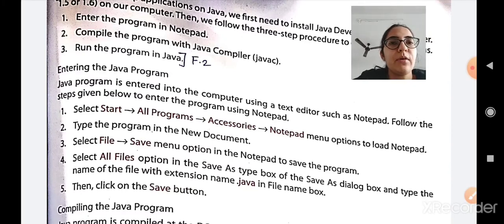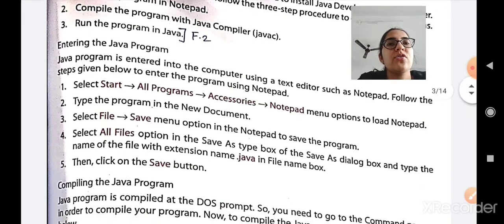After typing the program, select File and Save to save the program. Select the All Files option in the Save as type box of the Save As dialog box and type the name of the file with the extension .java in the file name box. So you have to save the Java file with the extension .java. Then click on the Save button and your file will be saved with the extension .java.